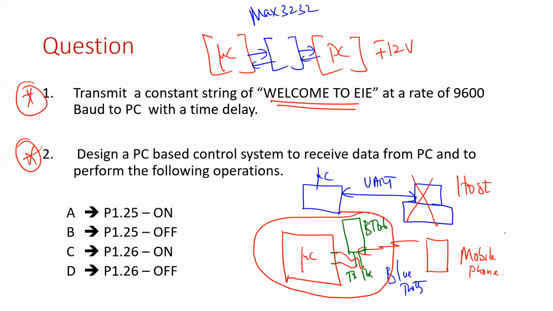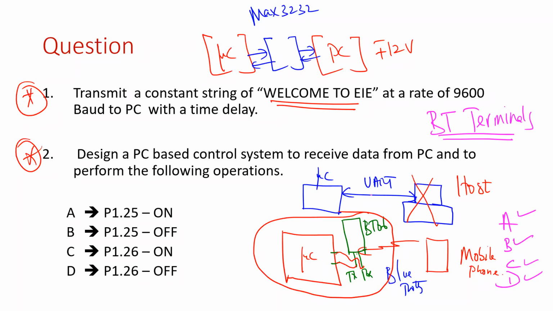Once you send commands, what are the commands that we have designed? A, B, C, D, like that. You can install a mobile app on your mobile phone. A lot of Bluetooth terminal software is available, BT terminals. Using those, you can send commands like A, B, C, D, whatever we sent from the computer. Now you send from your mobile phone, it is received by the Bluetooth dongle, and that information is communicated to the microcontroller via UART.